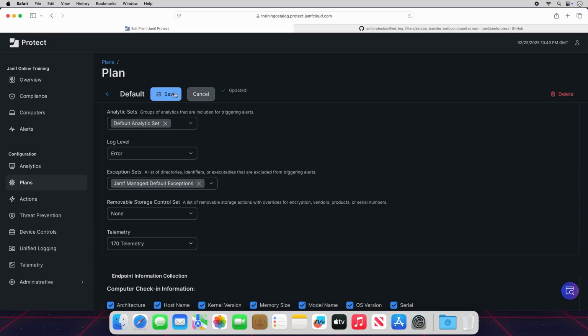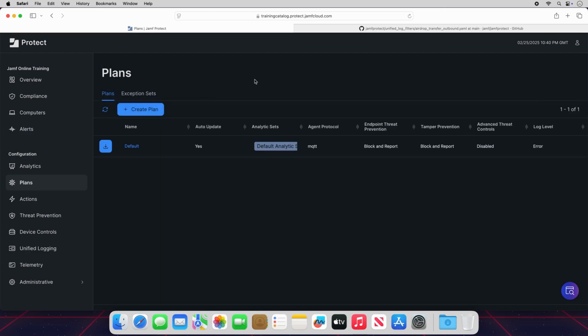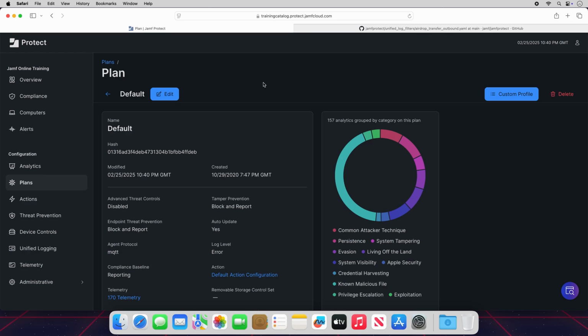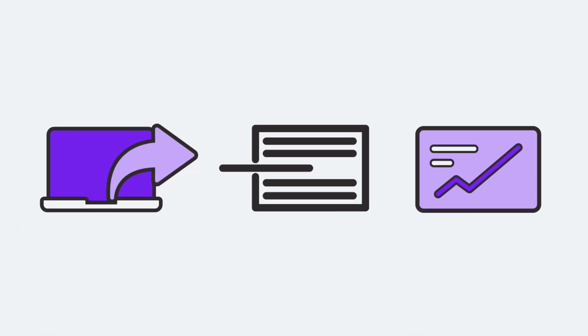There are many different options for collecting and managing security data from enrolled computers in the macOS security portal. Depending on your organization's needs, data collection can be customized and tweaked to precisely fit your organization's security compliance, and then forwarded to the storage or management solution of your choice. We've just scratched the surface of what's possible with data management in Jamf Protect. Be sure to check out the Jamf Protect documentation in the resources for more information.